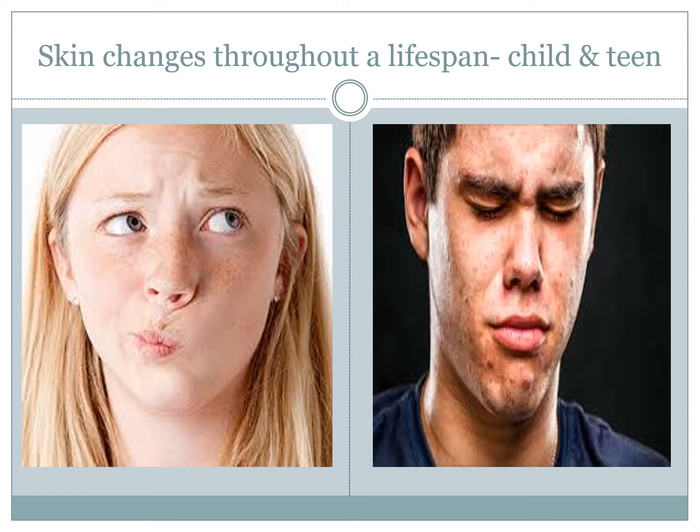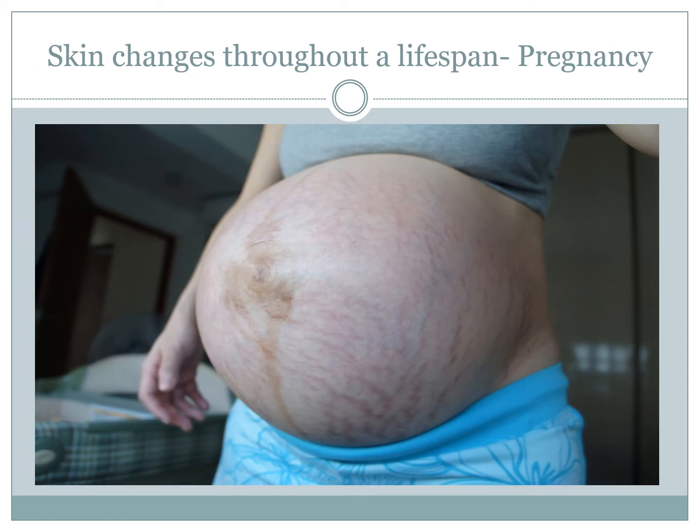Another time during a lifespan that has significant changes to the skin is during pregnancy. Now, there's a few generalized changes that occur. Obviously, the body shape and size go through some significant changes, but the skin can also be affected too. So one thing that you can see is linea nigra, or pigmentation of the linear line during